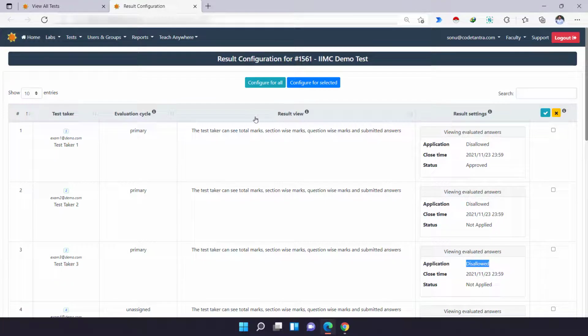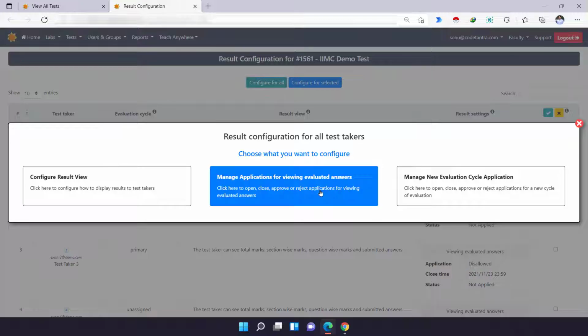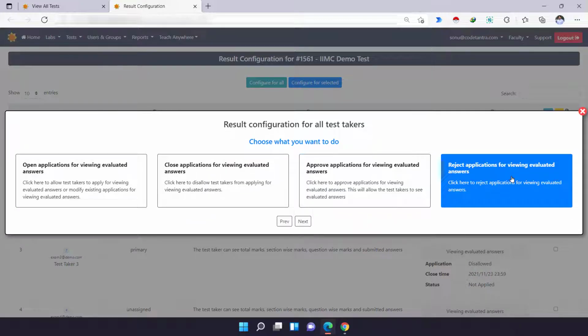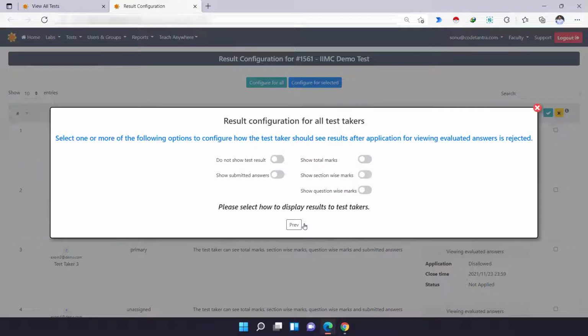Similarly, between this period, that means at the point when you open the application and at the time when you close the application, whatever number of applications came, you can allow them by using this approve application. If you want to reject them, you can select this reject application, then you can click on next.